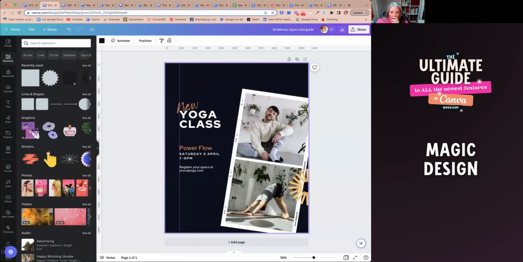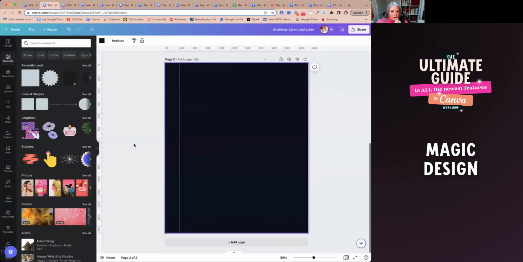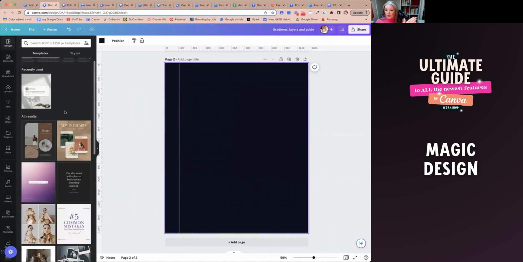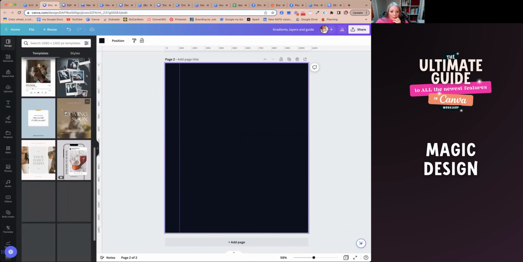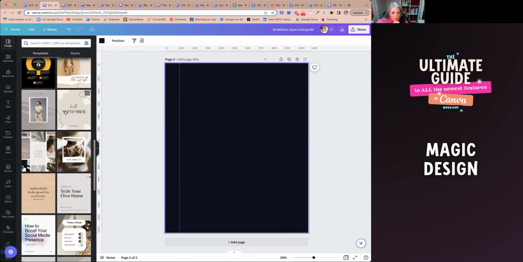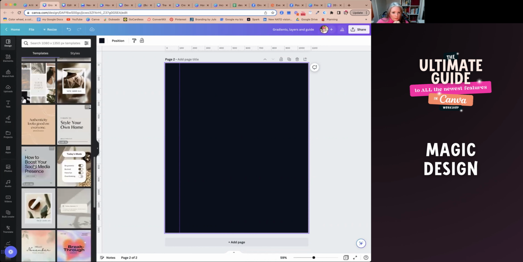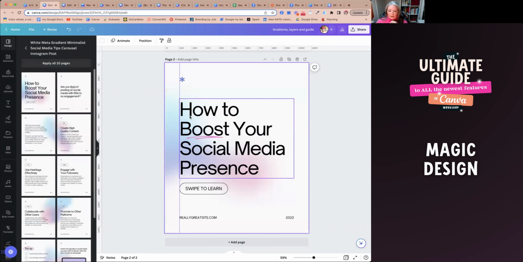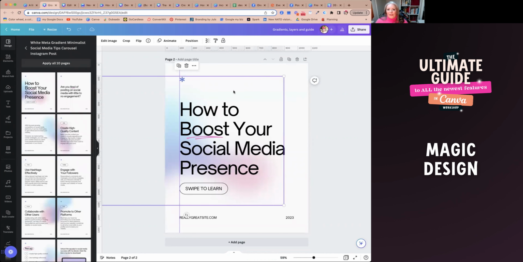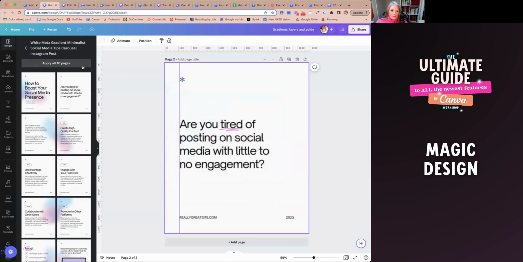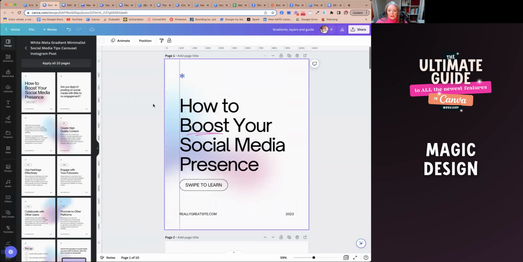And I'm going to just add a page. And if I go up to templates and say you're just scrolling, something that catches your eye, let me just see. Let's click this one. And I'll just pop this one in here. But you're thinking, right, I like this template. Let's click that. Ooh. I like this template, but